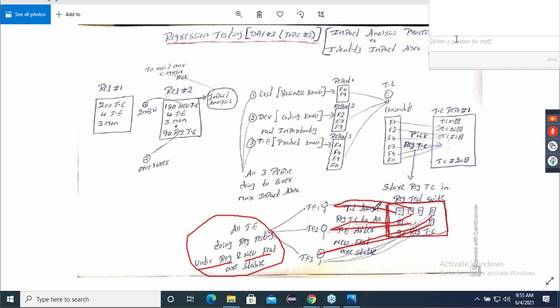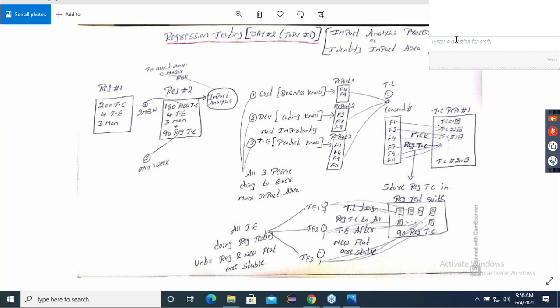Within 1 week, execute all these regression cases and make sure that any bugs you are getting, give it to the developer. He will fix it. Process should go on until regression features are also working and new features are also working. This is the process of regression testing, guys. This is how we do regression testing in the company, or this is how we do the impact analysis.